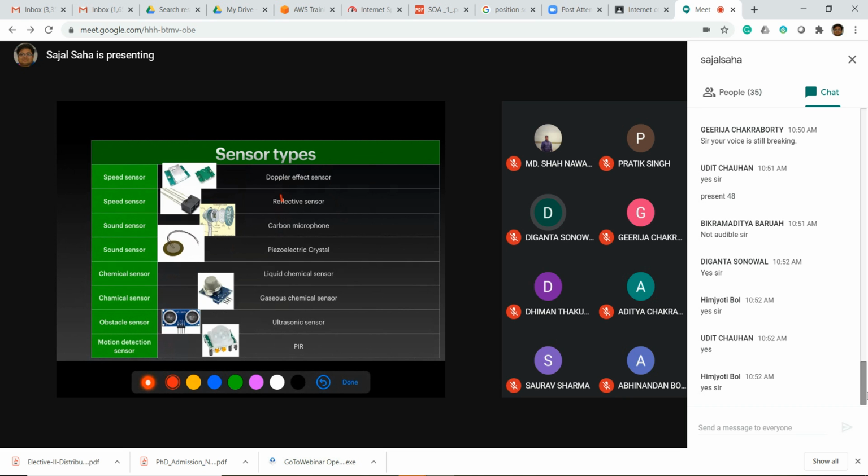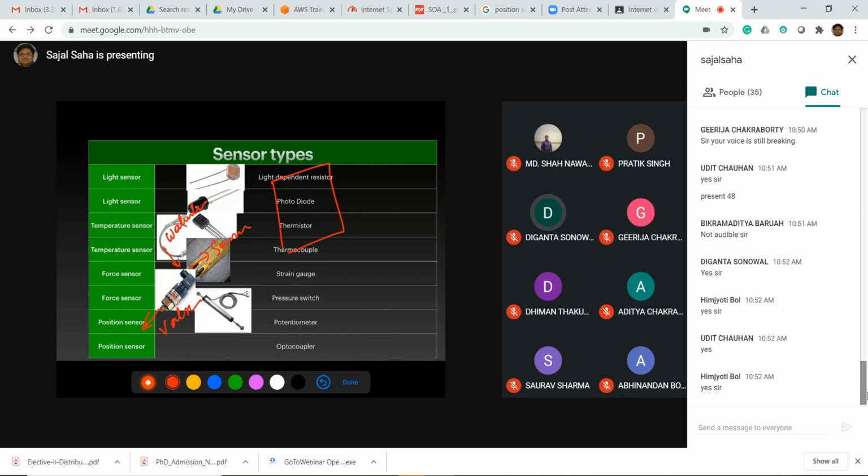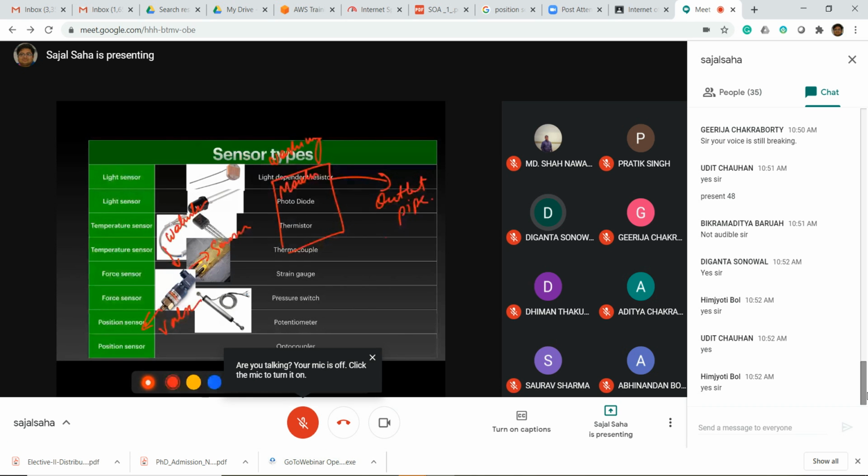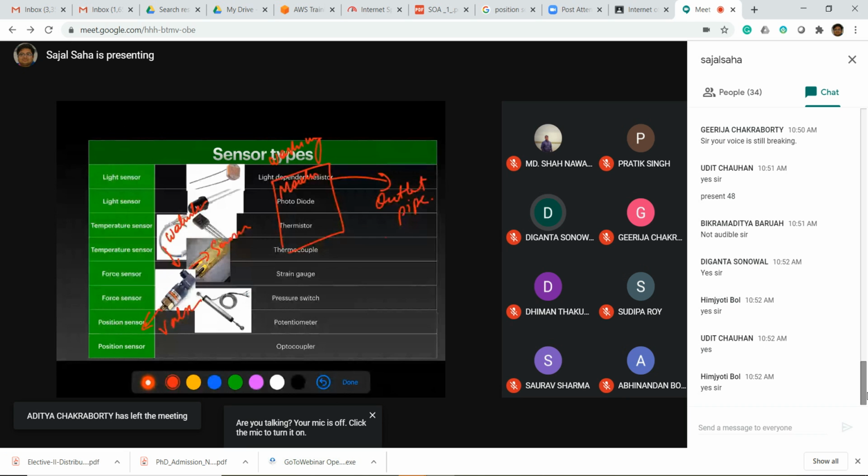I don't know how many have seen the function of a washing machine. In the washing machine there are two pipes. One is the outlet pipe, which takes the water out of the washing machine, and another is the inlet pipe. The inlet pipe is connected with the tap inside your bathroom, so it is taking the water.